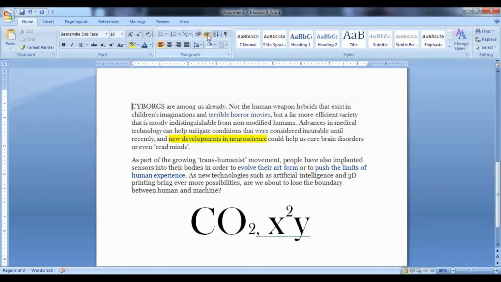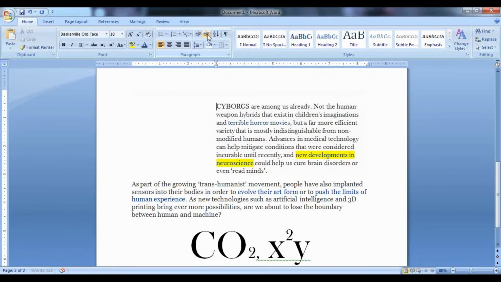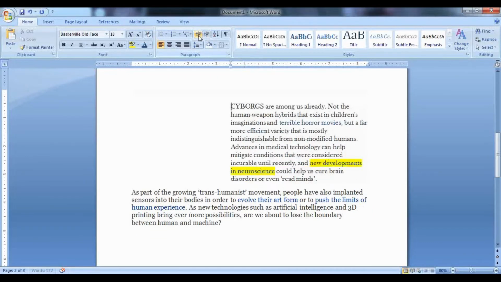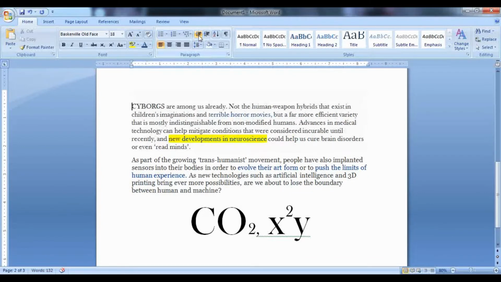So first, we'll increase the indent, that is, take this text away from the margin. If you look here, see how your text is just moving away from the margin. I'm increasing the indent, that means I'm increasing the distance between the margin and my text. Similarly, when I decrease the indent, the content will come closer to the margins. So this is what the indent option does.